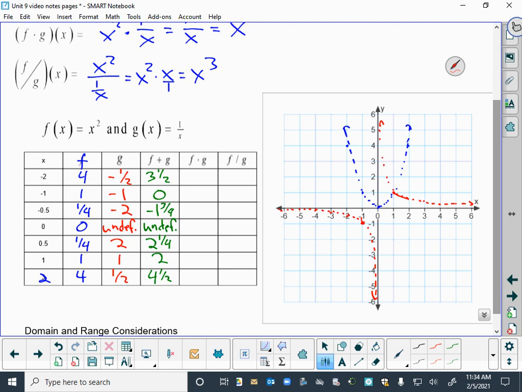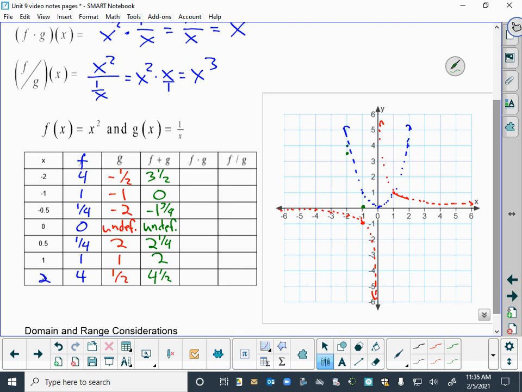And like that. So our green function at -2, it should be at 3.5, and the reason is that we've got this gap from up to this point at 4, and we're adding on a -1/2, so that is going to look like that. That's going to go there. At -1, we are at 0. At 1/4, we're at -1